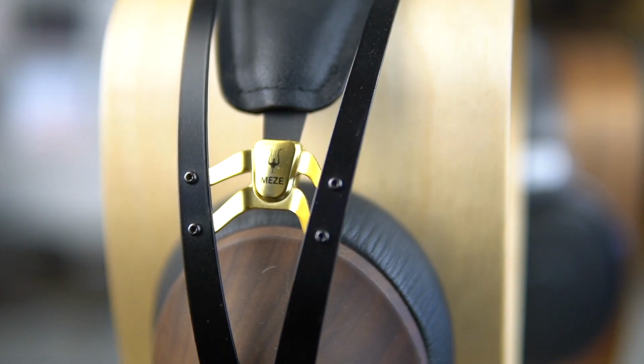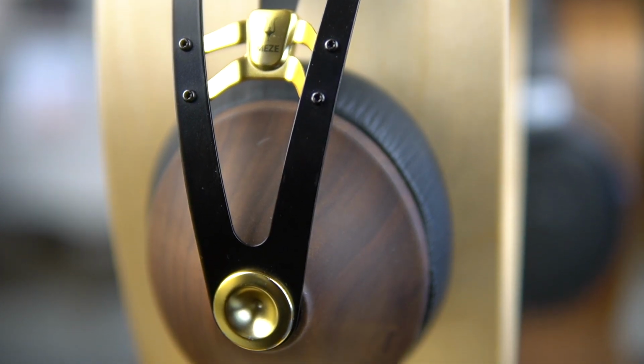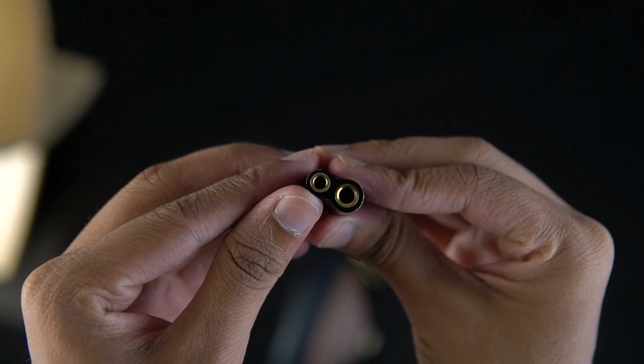It doesn't really matter because the 99 Classics is not a headphone that needs a lot of power to drive it. More importantly though, what this does have is a 4.4mm balanced output that I can connect this balanced cable to, and the balanced output on this DAC does improve the sound a little bit. The bass becomes a little bit tighter, the vocals become a little bit clearer, the soundstage just opens up a little bit,